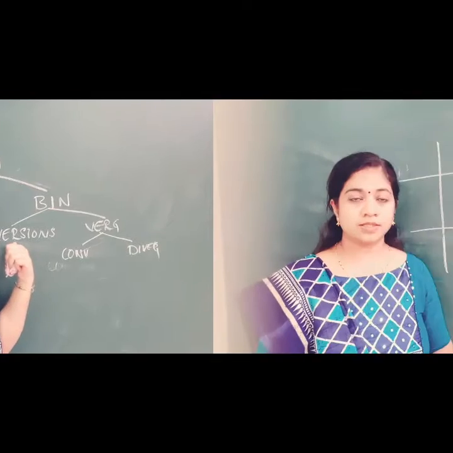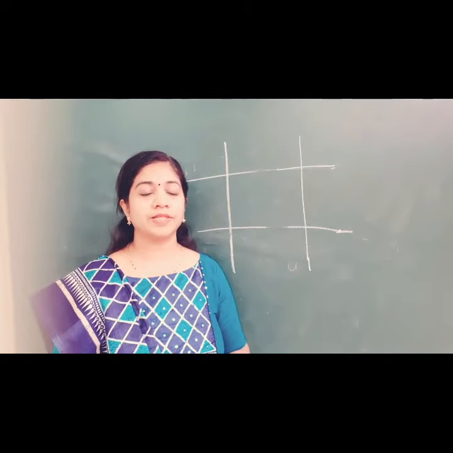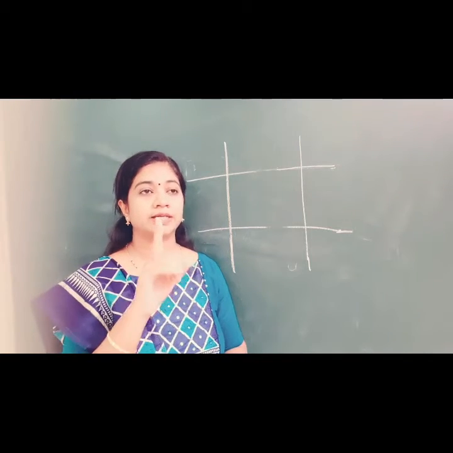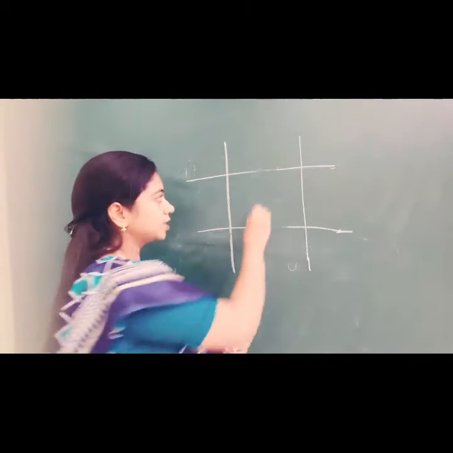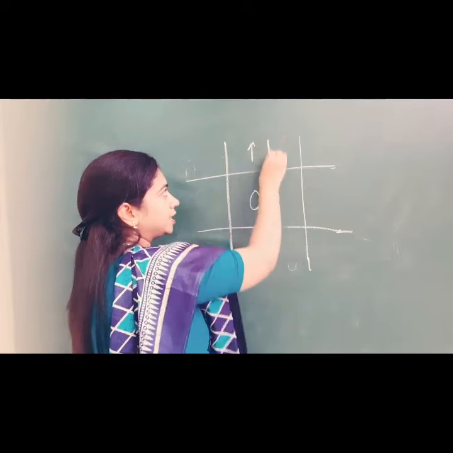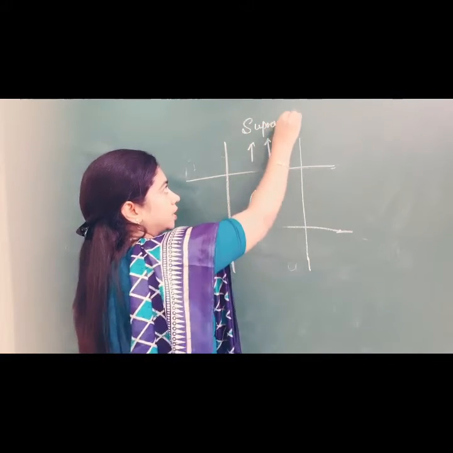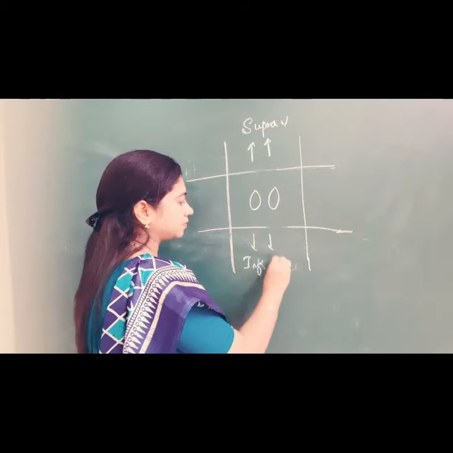So we will go to the versions. We have primary position first. So what is primary position? When somebody is looking straight ahead with the head in erect position and looking at a distant object, that becomes the primary position. Okay. So this will be the primary position. When they are looking up, it is called as supraversion. When they are looking down, it is called as infraversion.